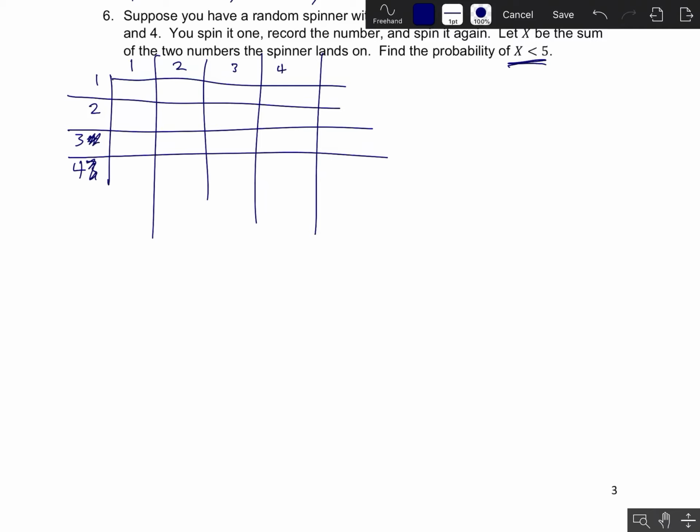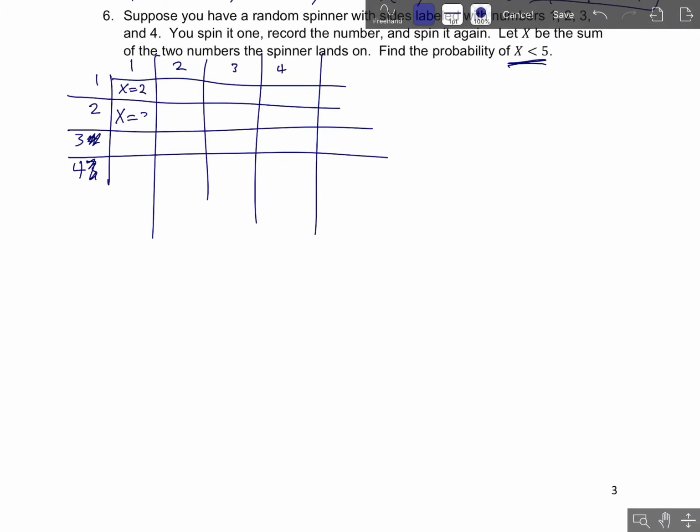So I'm again going to use the row number as the number that you get for your first spin and your column number as the number that you get for your second spin, although it doesn't really matter. So we want x to be the sum of the 2 numbers, and we want the probability that x is less than 5. Now, you could just write each of these as ordered pairs if you wanted to. It would also be fine because we know that we're interested in the sum of the 2 numbers. It would be fine with me if you wanted to just write in each of these cells the corresponding value